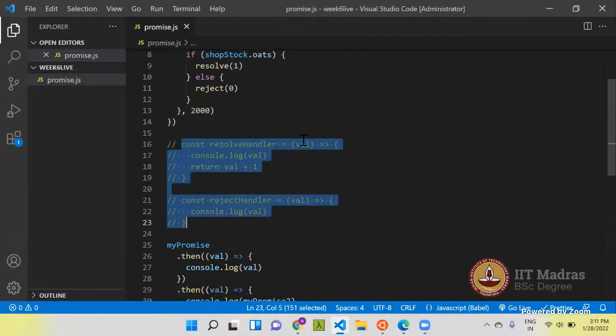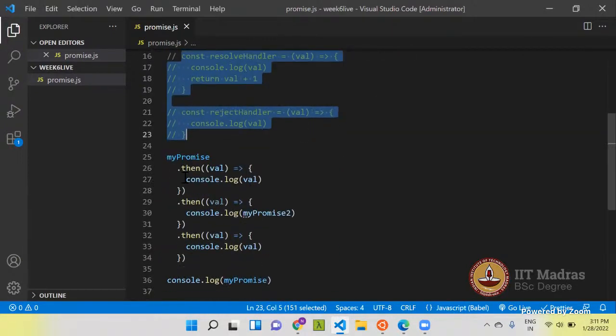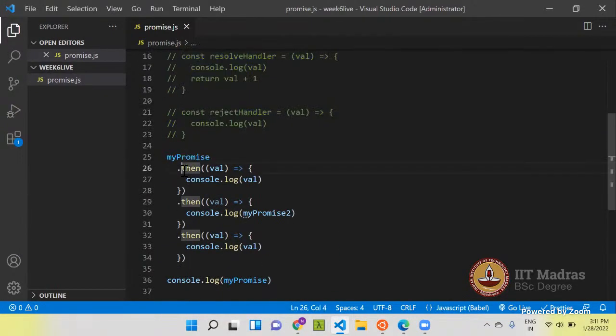So my promise is the initial promise, and inside the dot then method you have a callback function, this one. It will be triggered with the resolved value when the promise gets resolved. It will not be triggered when the promise gets rejected.